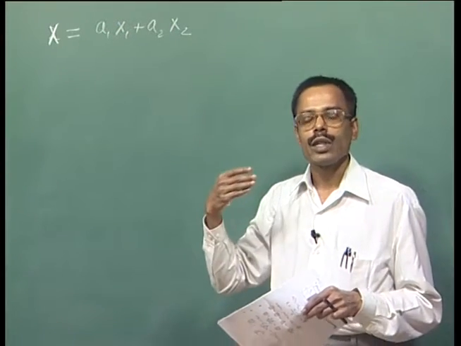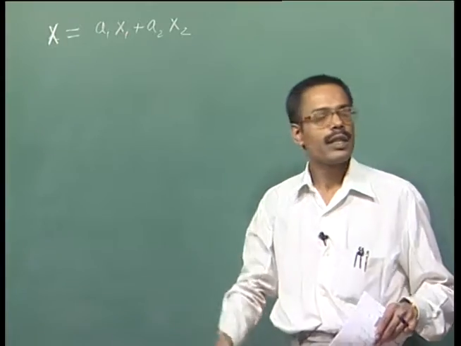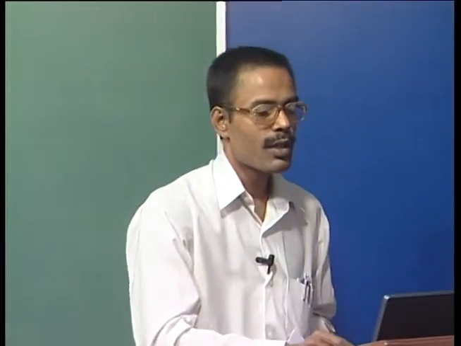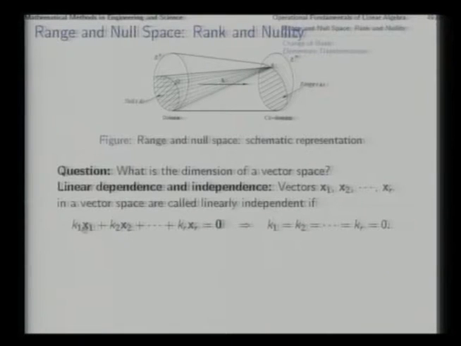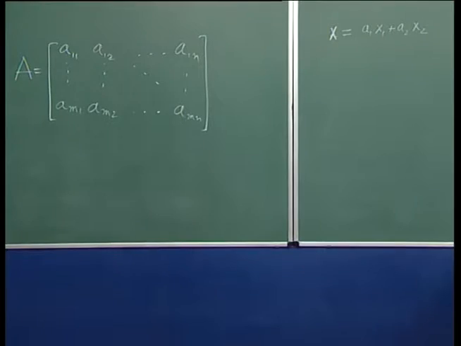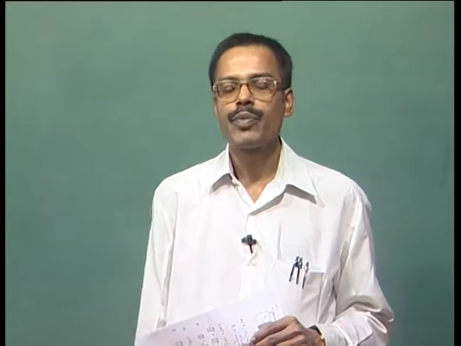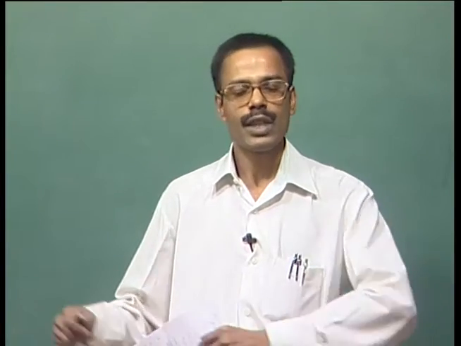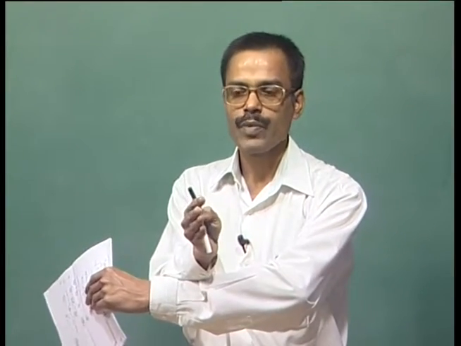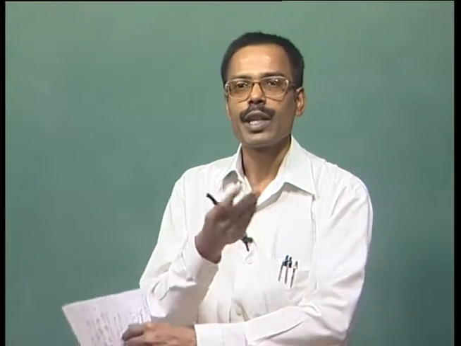When we talk about the linear dependence of several vectors together, then typically in the most general sense we say it in this manner, that is, if k1 x1 plus k2 x2 up to kr xr, if the whole sum being 0 necessarily implies that all these contributions are independently 0, that will mean that these vectors are linearly independent, in the sense that from one place on earth, if you need to go to another place on the earth, on the surface, then you think of 2 directions, how much east west I have to go and how much north south I have to go. Now, this east west and north south, they are 2 independent directions.